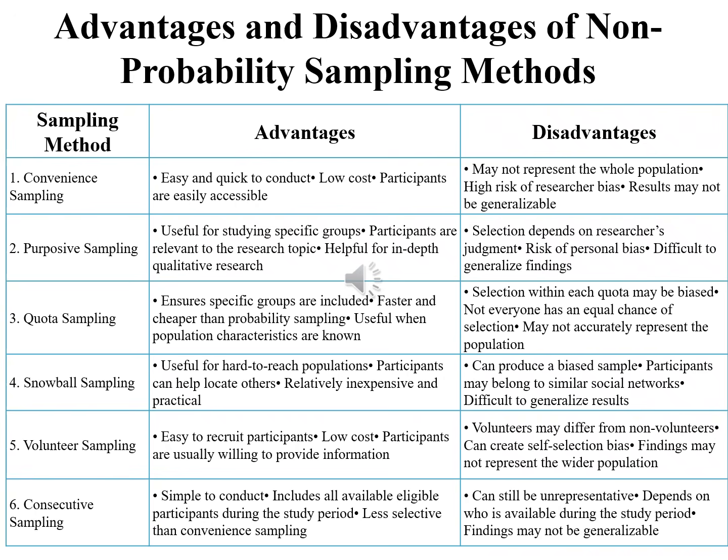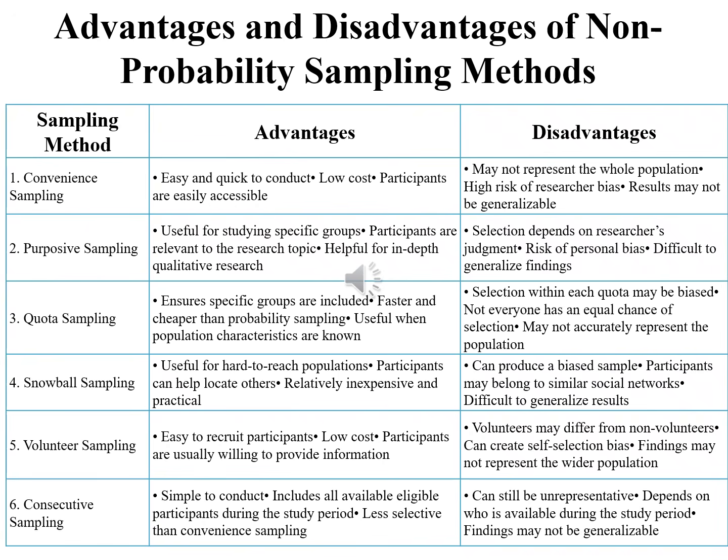Now let's look at the advantages and disadvantages of non-probability sampling. Let's see the advantages of convenience sampling first. It is easy and quick, participants are readily available, it is low cost, requires fewer resources, and offers easy access with no complicated selection process. The disadvantage of convenience sampling is that it may not represent the whole population. The researcher may choose people according to personal convenience, causing bias, and the result may not be generalizable